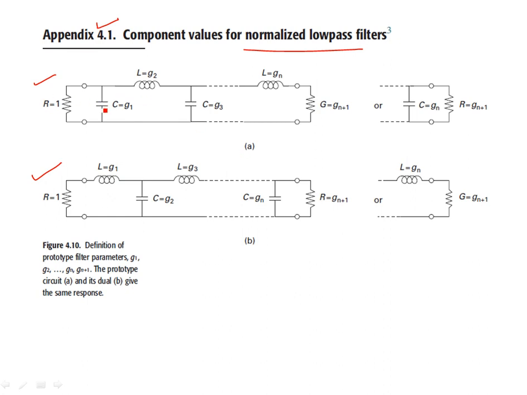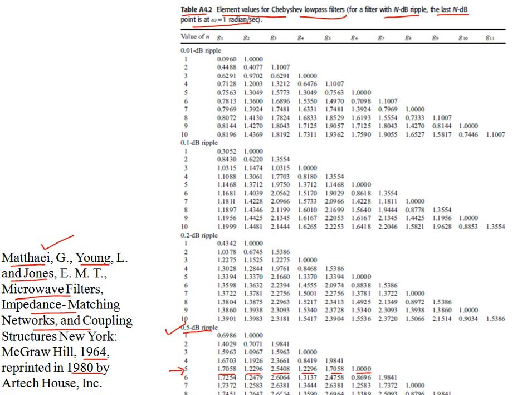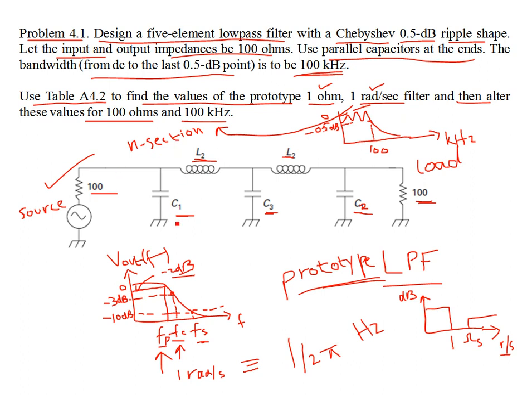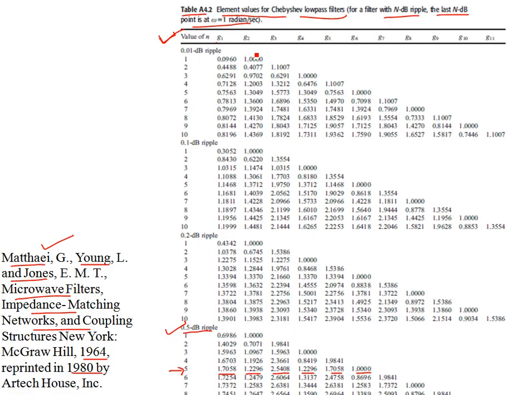Now since the requirement is to have shunt capacitors, let's consider the topology of figure A, and you can see that if you compare these tables, now you have the values. First of all you have to determine the value of N, how many lumped inductors and capacitors you require. In this circuit configuration we require 5 elements. So we have 5 inductors and capacitors. Okay, this is determined. Then once the value of N is determined, we know this is 0.5 dB. Then comes the values of the